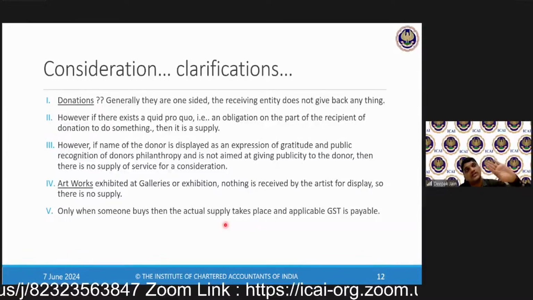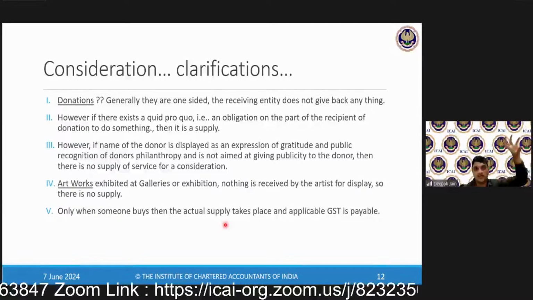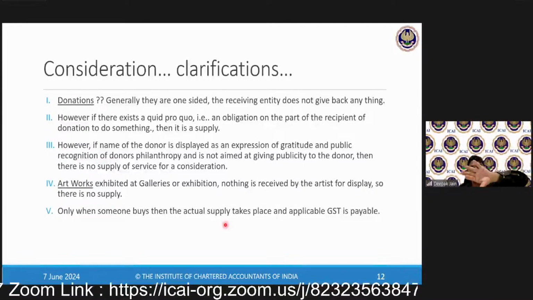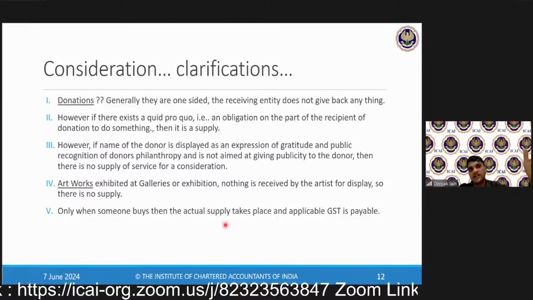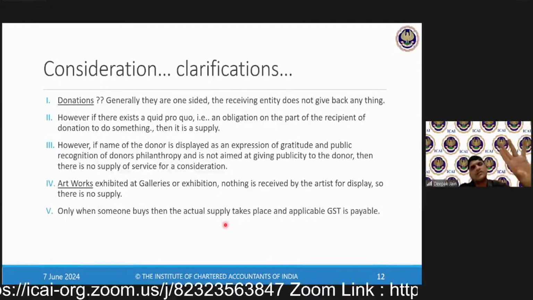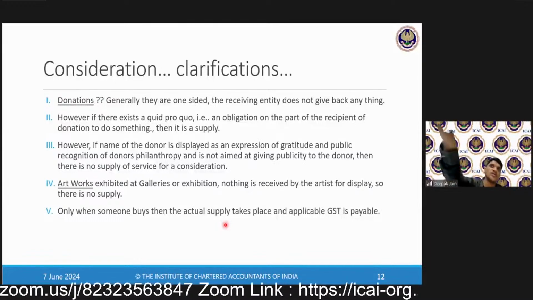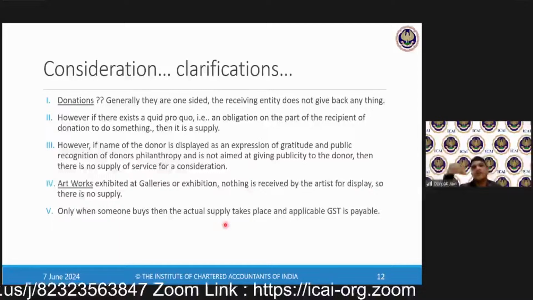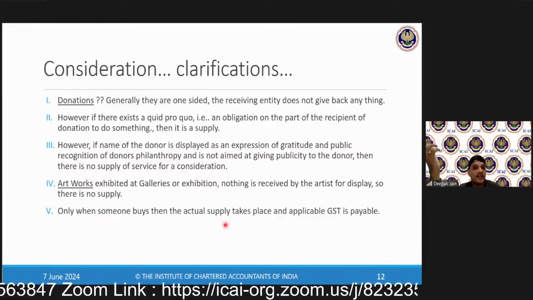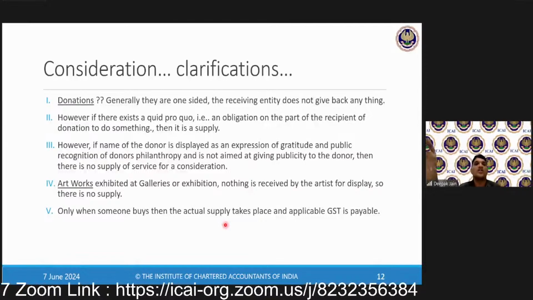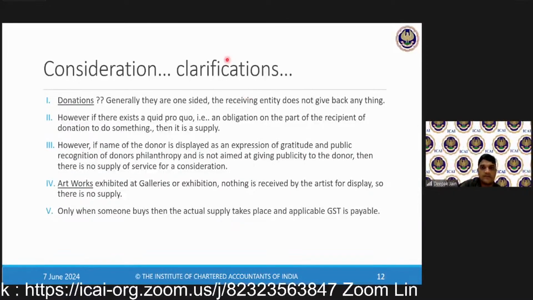However, now the circular said that अगर आप बड़ा बड़ा नाम डालने के लिए लेते हो कि डोनर का नाम बड़ा बड़ा आएगा, then it is an obligation, फिर जीएसटी लगेगा. लेकिन अगर आप नॉर्मली एक बस देते हो, ओके, you give a bus to an NGO, just mentions as a matter of courtesy saying that okay, donated by so and so person, उसमें कुछ मार्केटिंग है ही नहीं, it's a small acknowledgement, then GST will not apply. Okay.